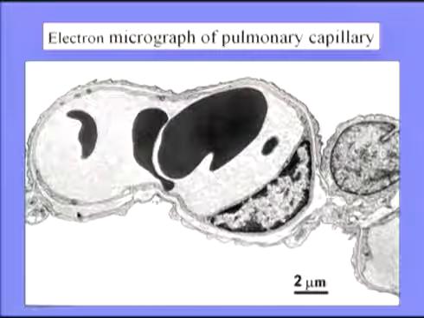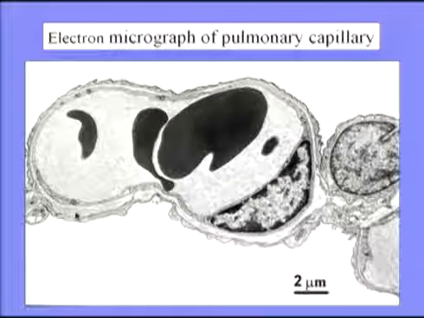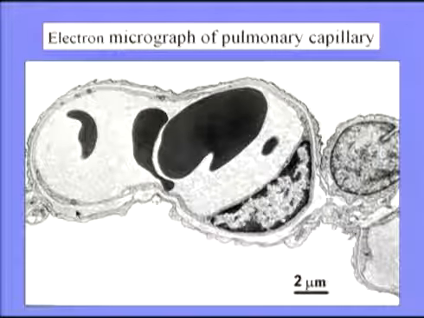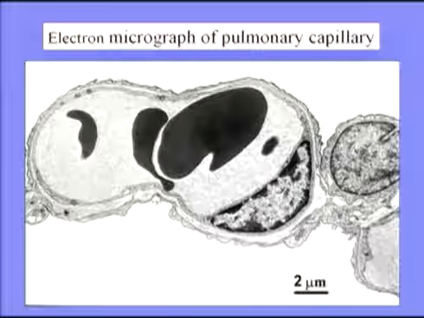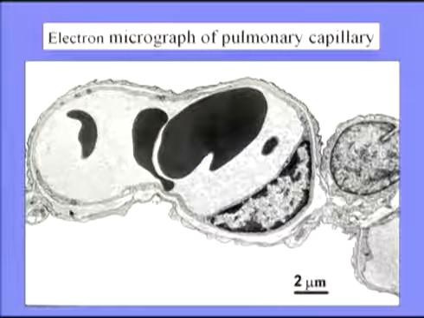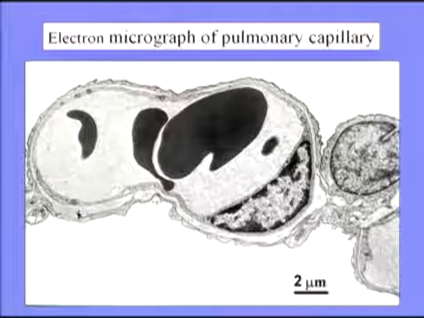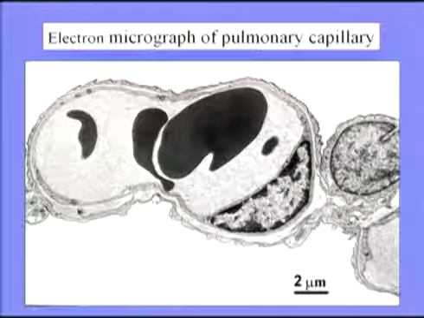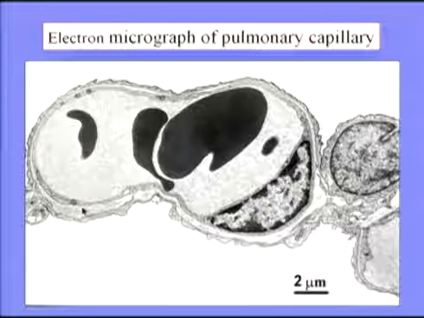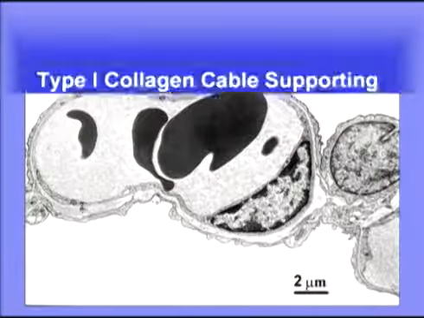This is the same kind of collagen that you have in your Achilles tendon, for example, very, very strong tissue. And this type 1 collagen, it's electron dense. We can see the fibrils, at least I can see them quite clearly here. And this type 1 collagen that we see here is part of a cable, which is shown in the next